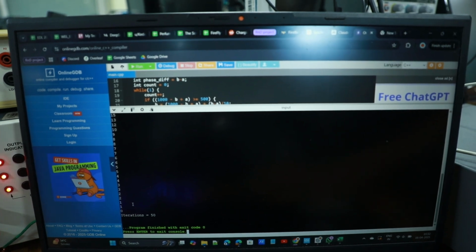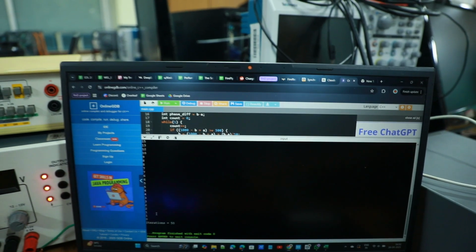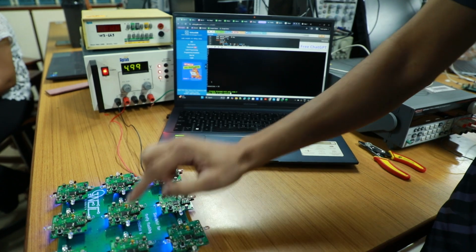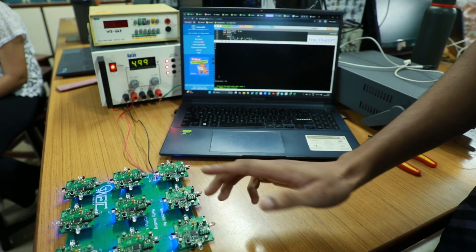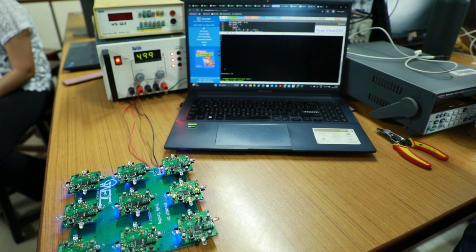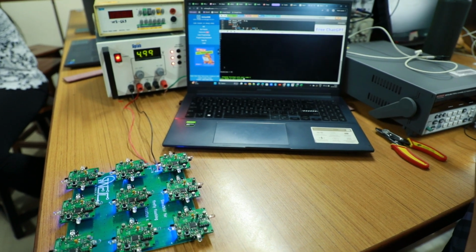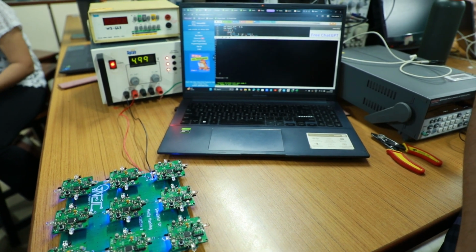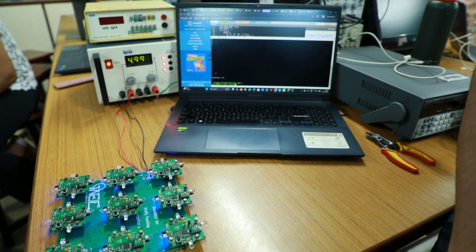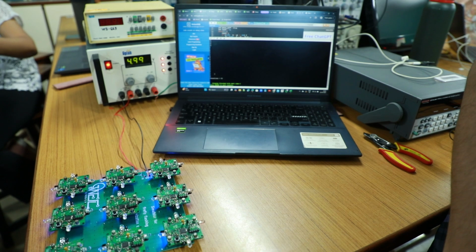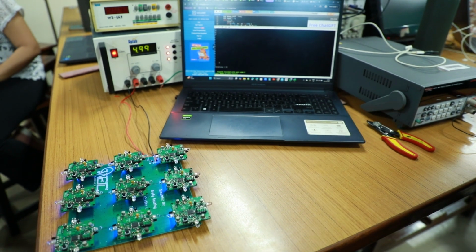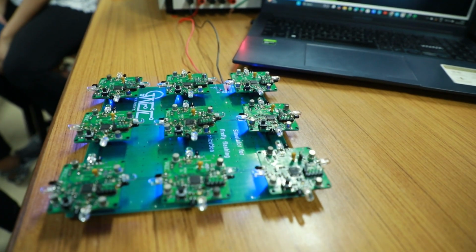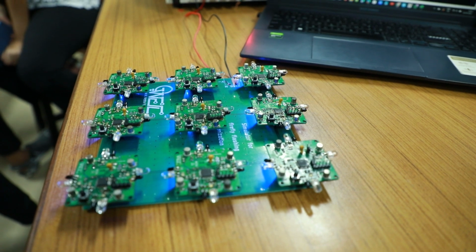Now let's see the final working demo of our Firefly board. Now I'll randomize this. I'll press the reset buttons. Now they are all flashing randomly. You will see they'll detect each other's flashes and then come into sync. Now, as you can see, they are almost in sync. Now they are in complete sync.